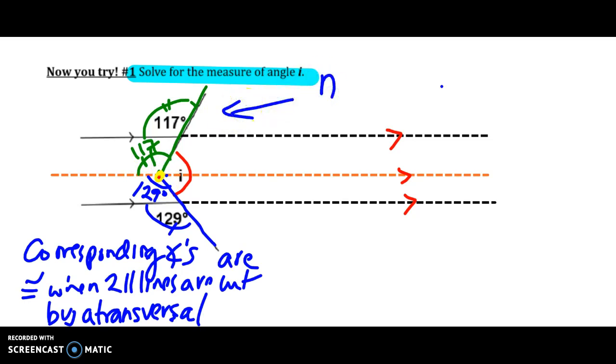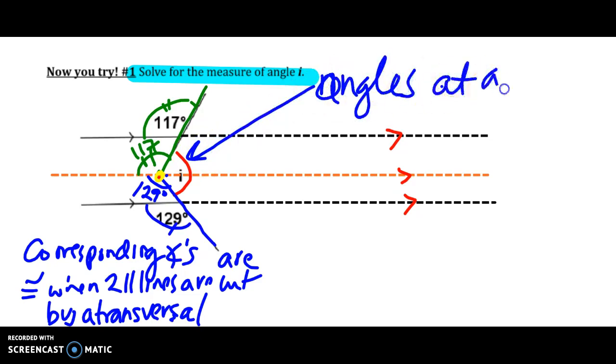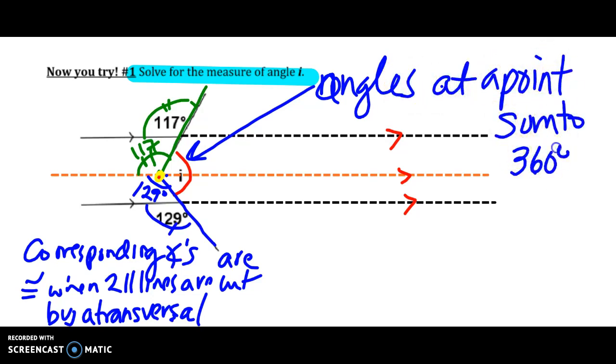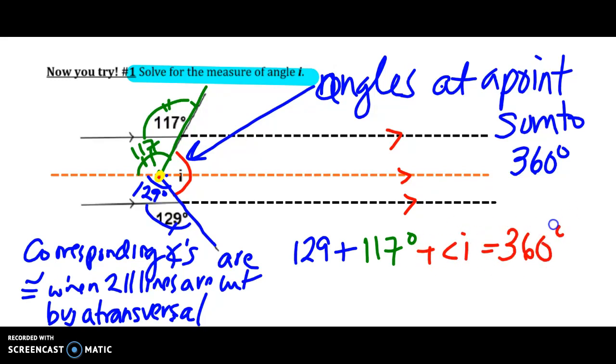Let me fix that arrow here. These are angles at a point. And we know that angles at a point sum to 360. So 129 degrees plus 117 degrees plus angle I equals 360 degrees. So angle I equals